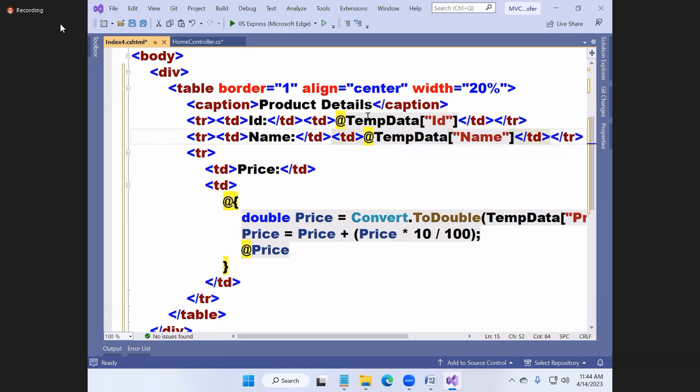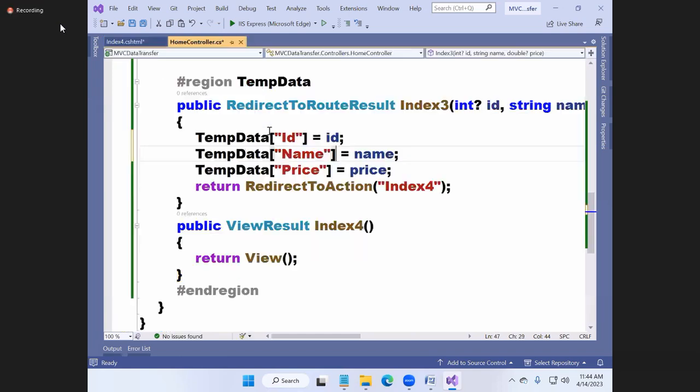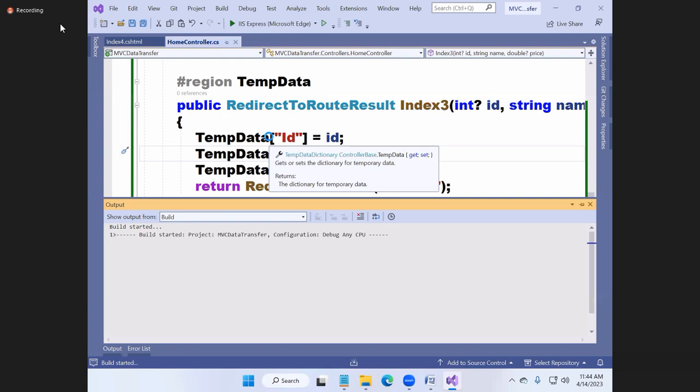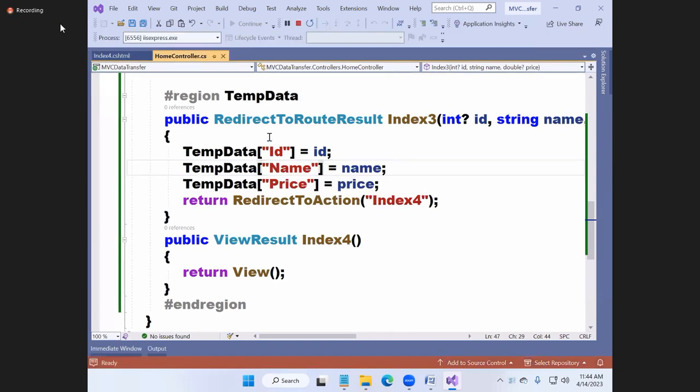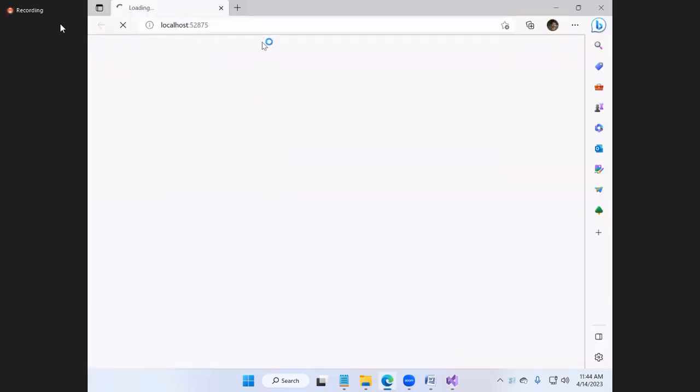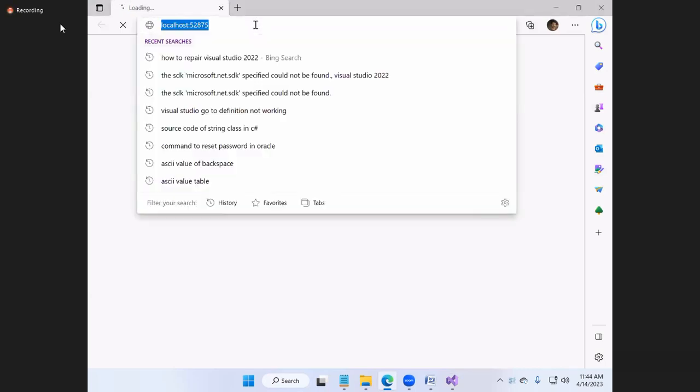Clearer? Now again, send your request to Index3. Index4 will launch, but yesterday ID and name did not come correctly, but today they will come. Why? Because we are not using ViewData and ViewBag. What are we using? TempData. So send your request.